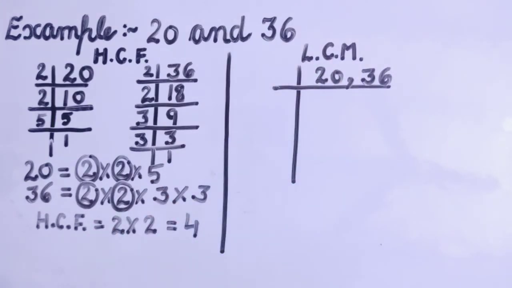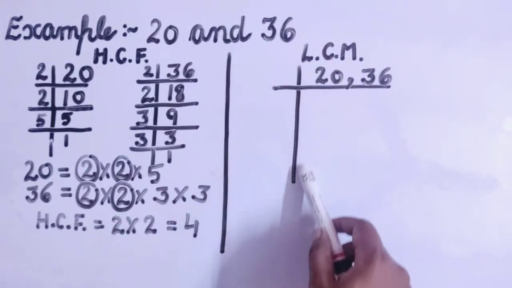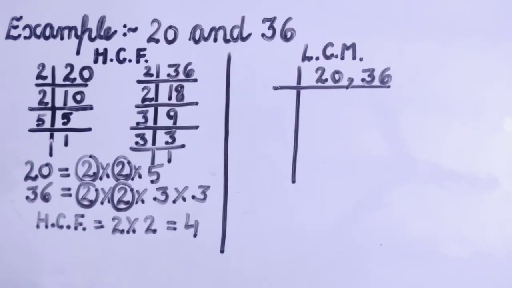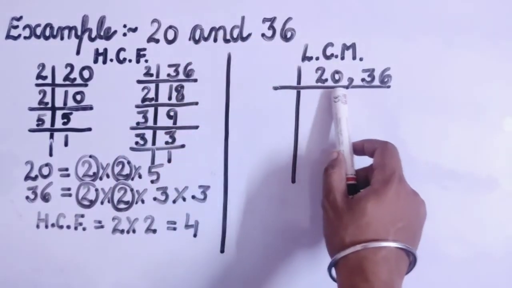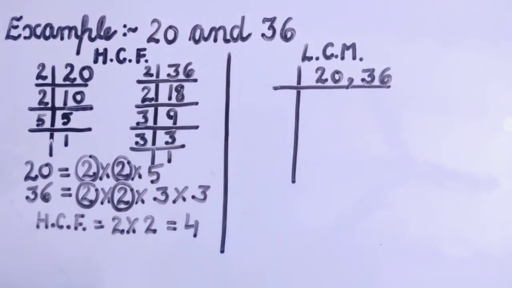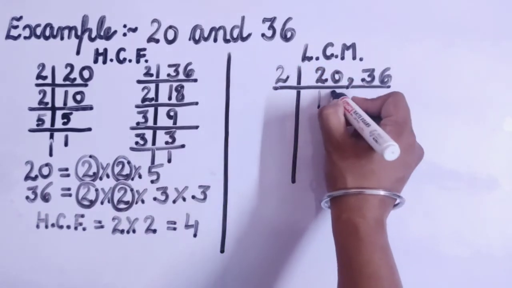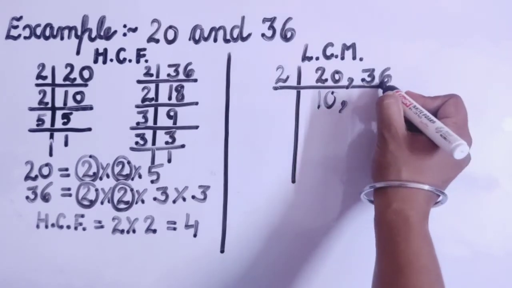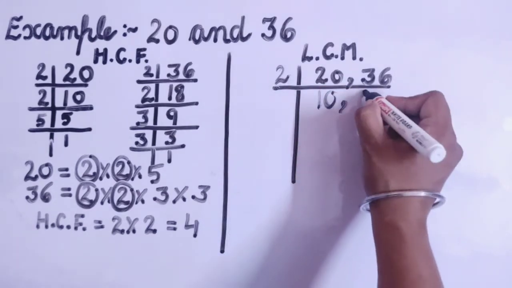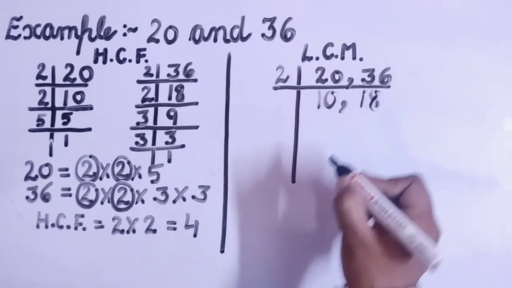Now students, we will find out LCM. We will try to find out LCM by common division method. First step of this common division method is, we will arrange the given numbers in a row and separate them with the help of one comma. Now, take any number which can divide at least one of the numbers. 20 can be divided by 2? Yes. So let's divide it. 2 tens are 20. Can 36 be divided by 2? Yes. 2 18s are 36.